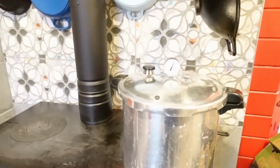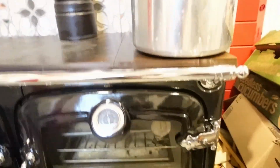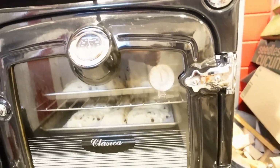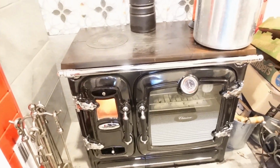I don't have any room to work on the counters or anything until I get these darn tomatoes out of the way. And I still have to do my zucchinis and my leeks. So that's going down pretty quick. It's down to 12 already. My oven isn't getting up as high as I want it, and I can't remember what I did last year to get...